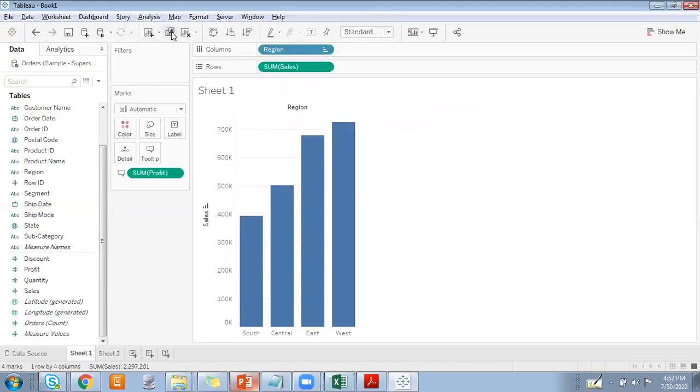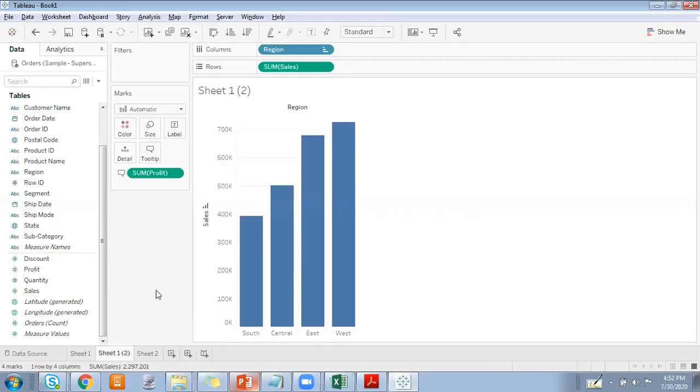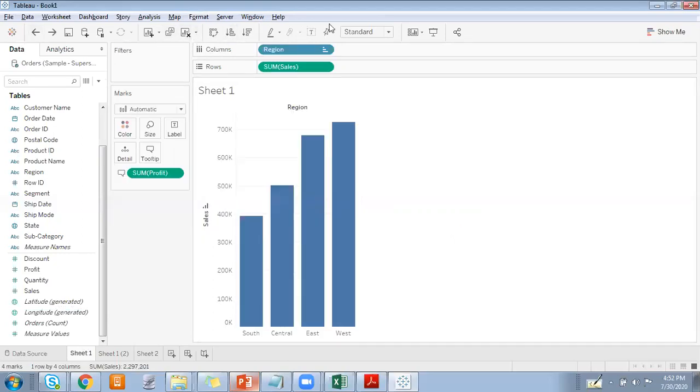Next is duplicate. This particular sheet will be duplicated, right? Then in case you want to clear all the sheets, just click on that and you can see that we have a blank sheet, and the duplicate that we had created has some data, right? Okay, since we don't have anything over here, we can just undo the changes, because all the options will be disabled in that case.